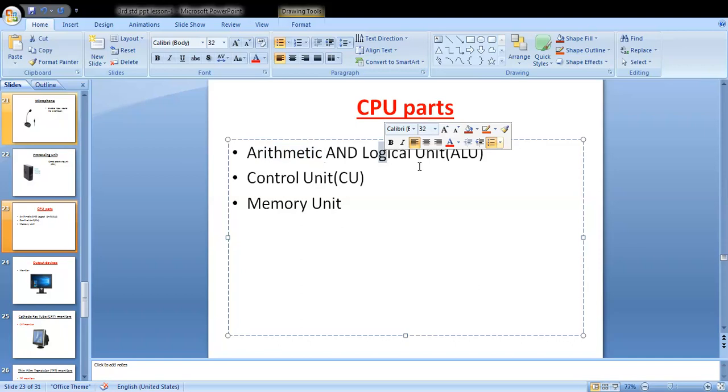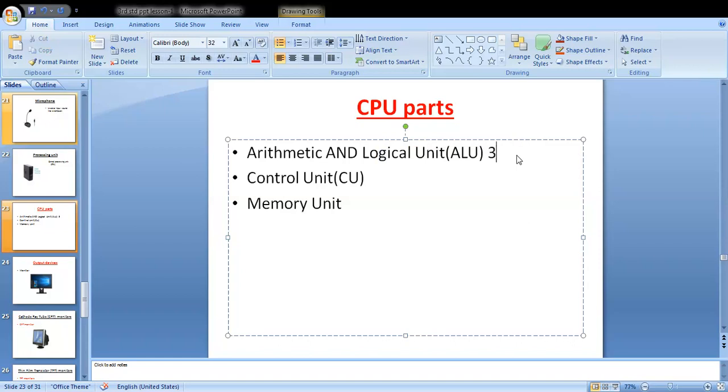And logical means, which calculations? Logical means greater number, smaller number. All of you know that greater number and smaller number. Find the greater number. Suppose 29, 30 and 40 is there. Which one is greater number? Yes, 40. So, which sign you put there for greater number and a smaller number?